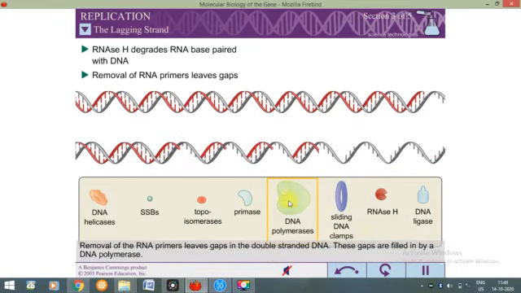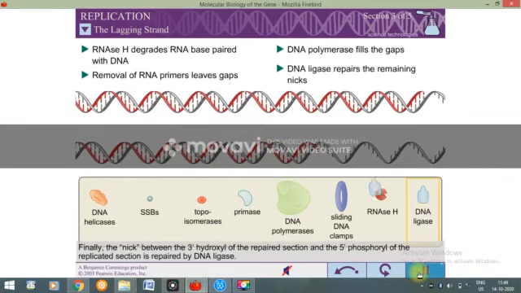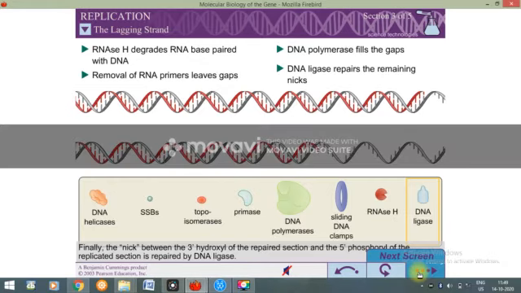So here is DNA polymerase. It will come and it will bind here. Okay, as you can see. But still, there are some small gaps left. Okay. Now these small gaps are filled with the help of DNA ligase. Let's see. Okay, so DNA ligase फेविकोल का काम कर रहा है, एक तरह से गम का काम कर रहा है. ठीक है, लाइगेट करना मतलब गम करना, चिपका देना. ठीक है, so DNA ligase repairs the remaining nicks, and now you have this complete structure. Let's move ahead.